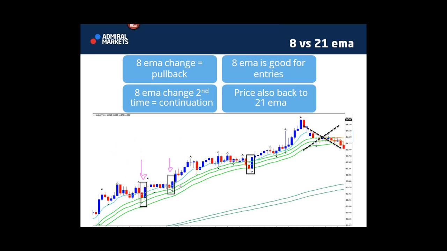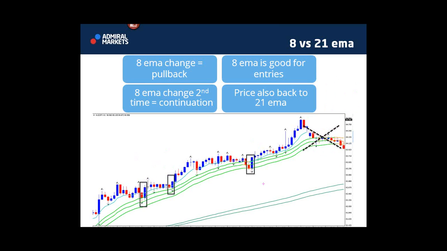Those are good for entries in general, unless I have some reasons where there are some news events, some filters going on, some big strong support resistance around the corner, like a fib. That's of course reasons not to take any trade. So these three are examples. Now here, these three pink arrows right there. Then we have a fourth example right here, where price basically goes back to the 21 EMA, but the 8 EMA never turns up again, right? So this was not a setup.